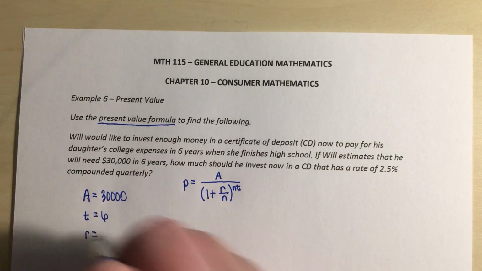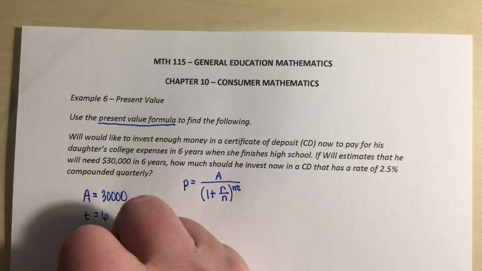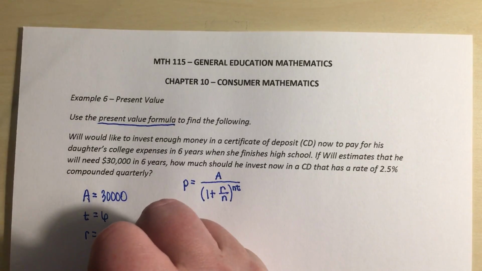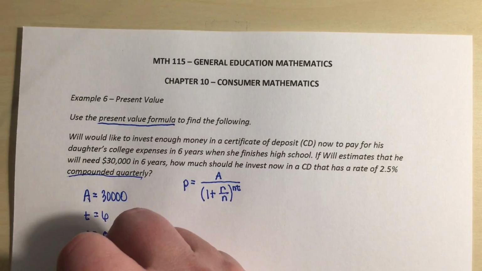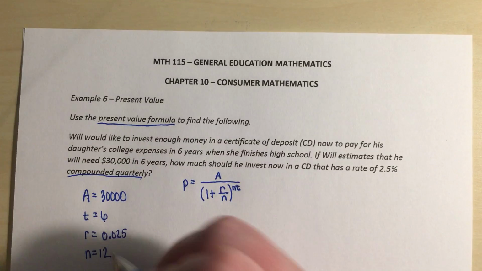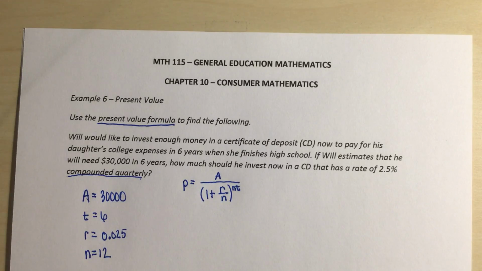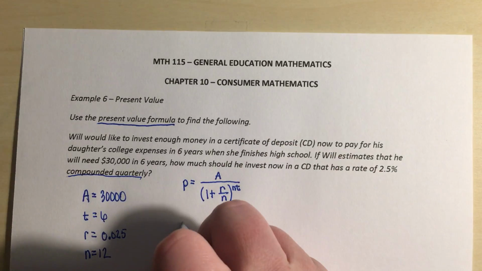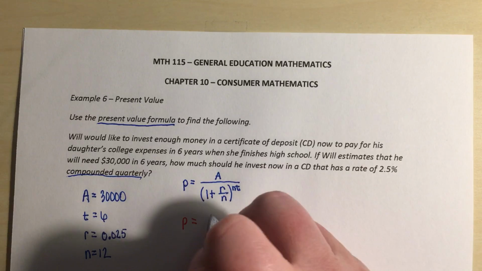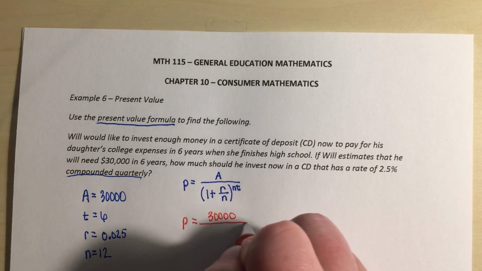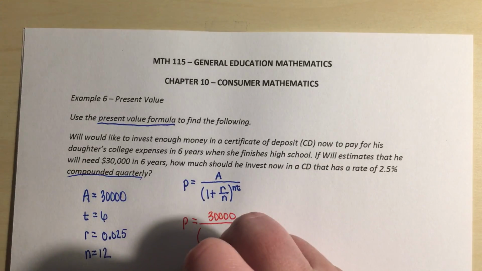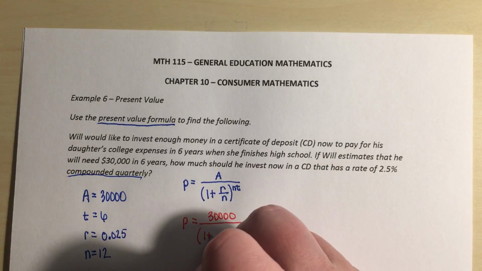Our interest rate is 2.5%, which is 0.025. Compounded quarterly means that n is 12. We're going to plug all of this into our formula. P equals 30,000 divided by 1 plus